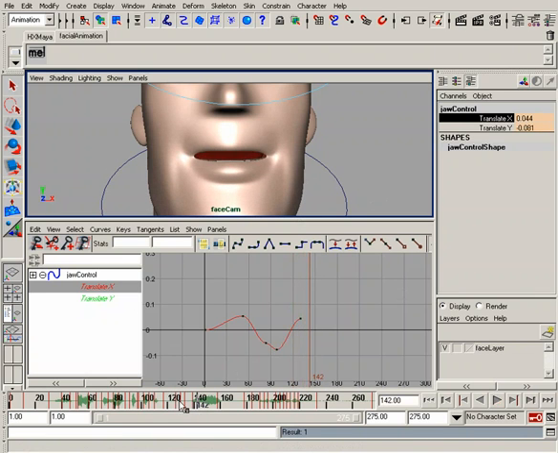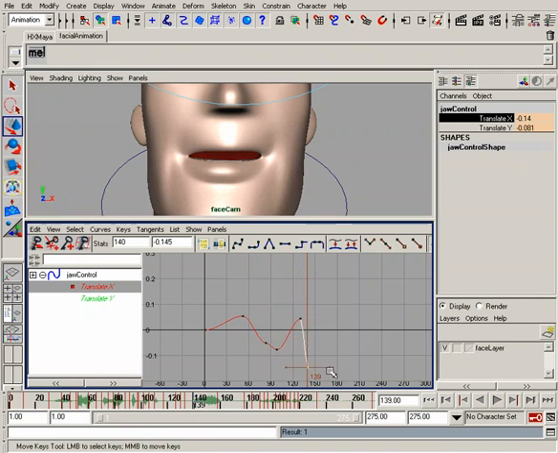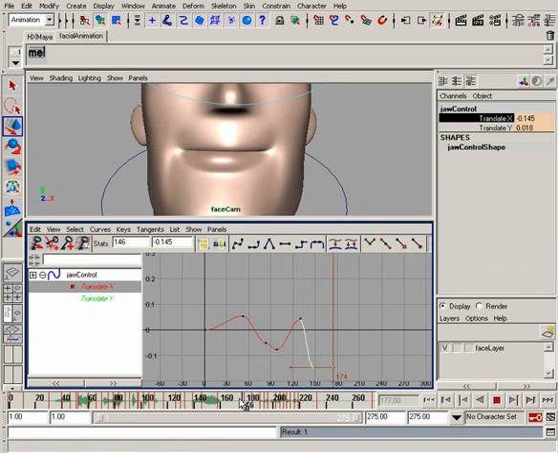And on this segment where the character's speaking, let's go to about frame 140, and let's bring his jaw more to his left, about right there. And if we look at our graph editor, that movement might be a little bit too fast. So what we can do is select this key on frame 140, hold shift and middle mouse button, click and drag about 3 frames over or so, like that. Okay, and let's continue